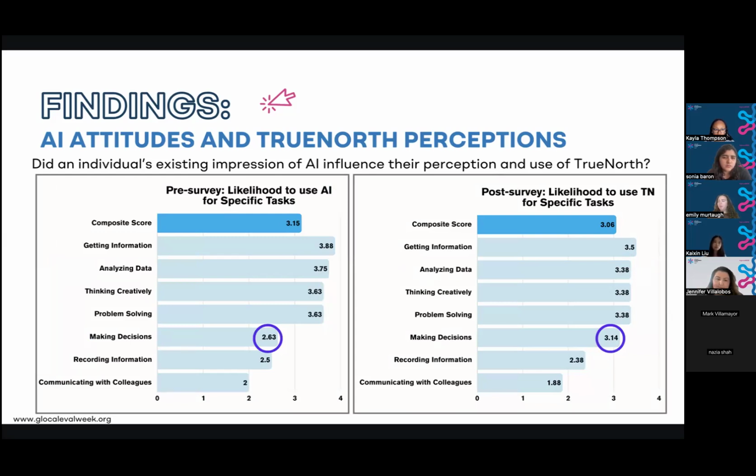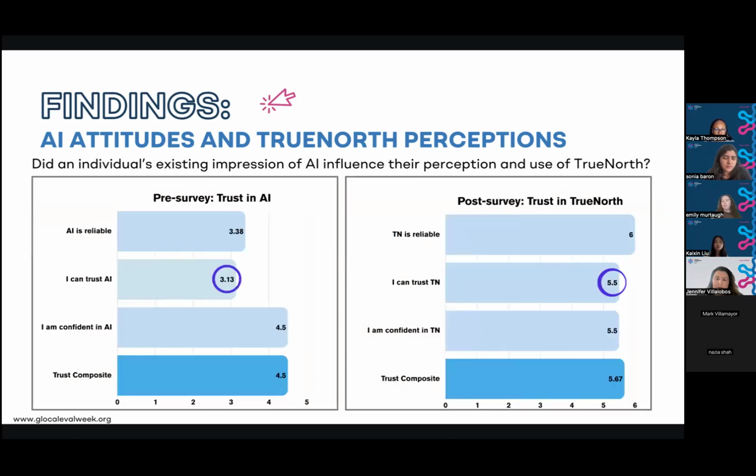I think the one item where there was a higher likelihood for TrueNorth to be used was making decisions. That's why I have a circle around that. On the next slide, we'll share about the differences in pre-post between trust. And here we see something interesting as well.